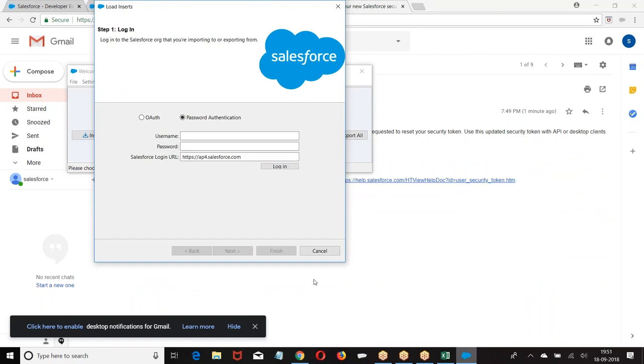How will you encrypt? Look at the point. What is the username? admin@314.com. Password Salesforce123, followed by the token we receive. Password followed by token.